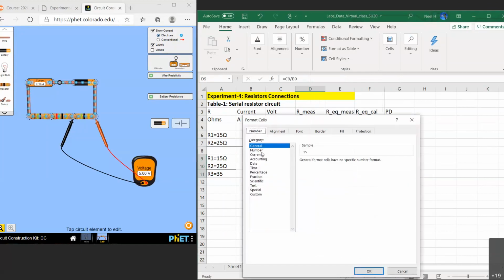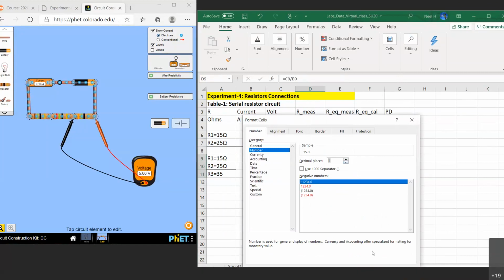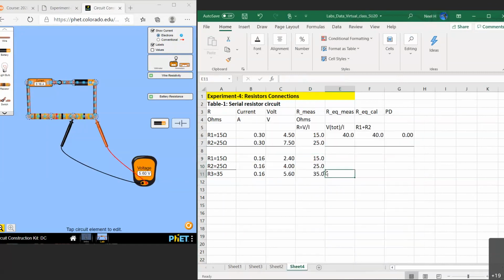Format that column also to represent three significant figures, which means at least one decimal place to represent three sig figs. Then our measured equivalent mean adding these three numbers together, right? You can add all of these three together. You will get the expected result again. Adding these three together,